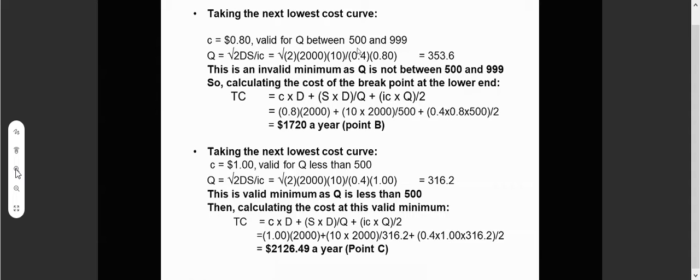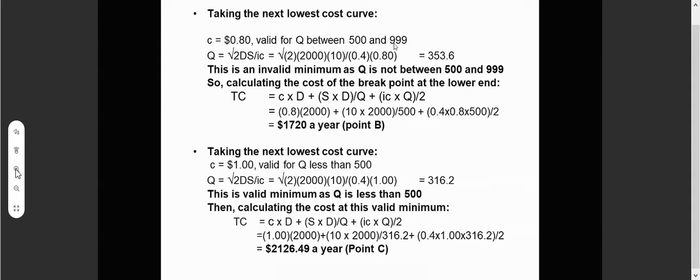Kita tengok langkah seterusnya adalah untuk membuat pengiraan total cost curve kita iaitu pada harga 80 sen dan kuantiti pesanan mestilah di antara 500 hingga 999. Dan apabila kita kira optimum order quantity kita dapati ianya adalah 353.6. Jadi Q kita adalah invalid. Kenapa invalid? Tidak valid untuk harga 80 sen kerana 353 unit tidak berada di antara julat